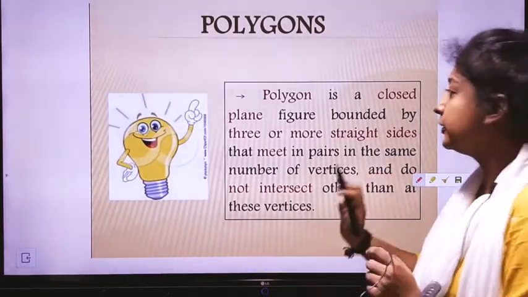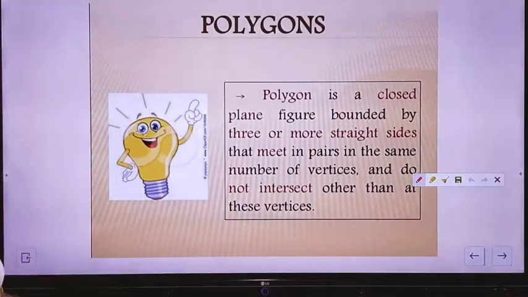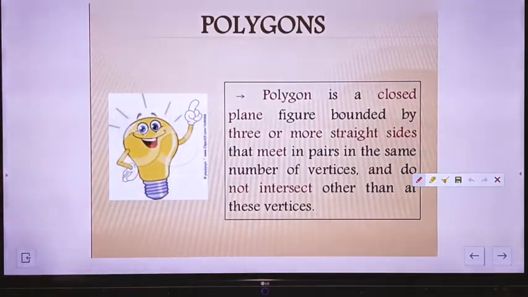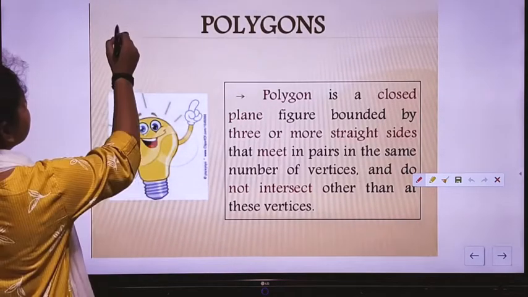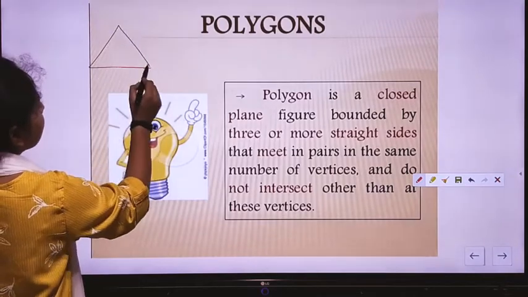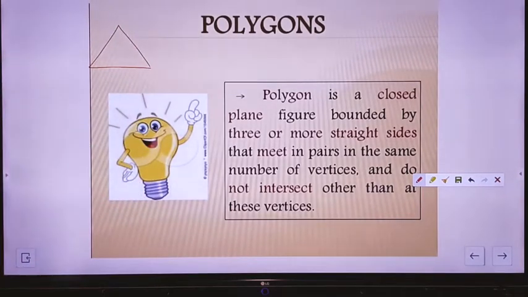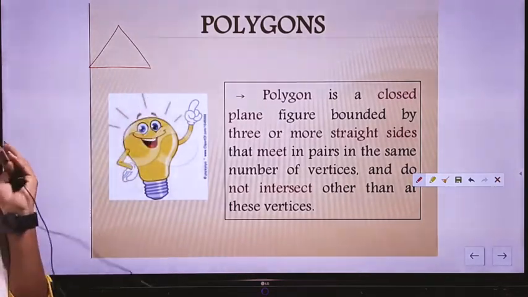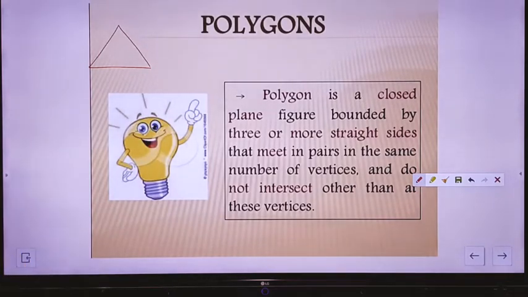Okay, this means first of all, a polygon is a closed figure. It has to be a closed plane figure which is bounded by three or more straight lines. So this means a polygon is made up of only line segments. It has to be closed. It has to be made up of only line segments and has to be in one plane, okay? It cannot emerge out of the plane. If any curve is emerging out of the plane, then it won't be a polygon.